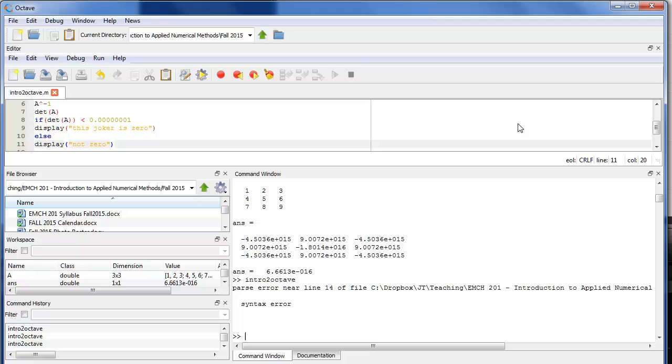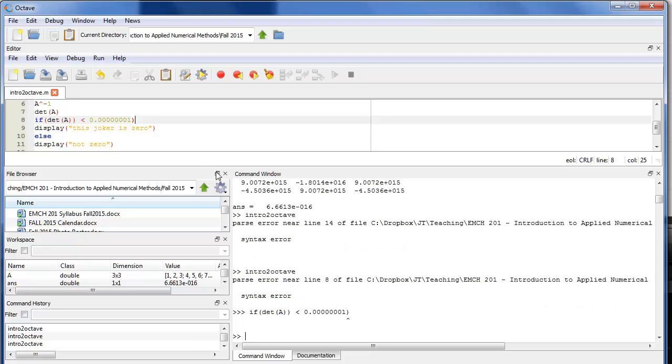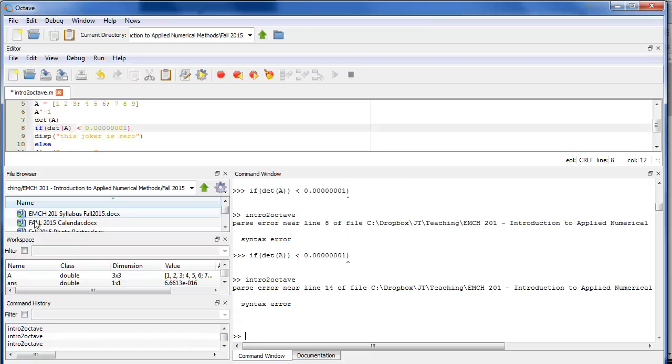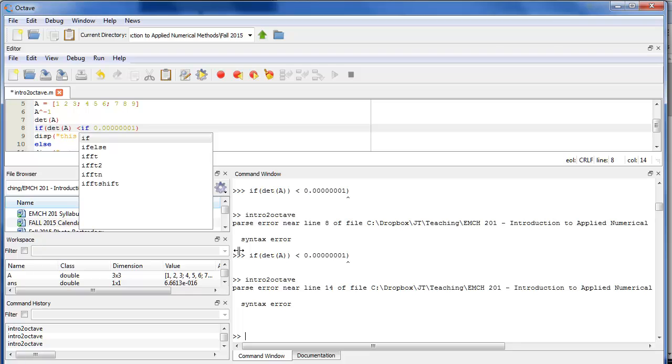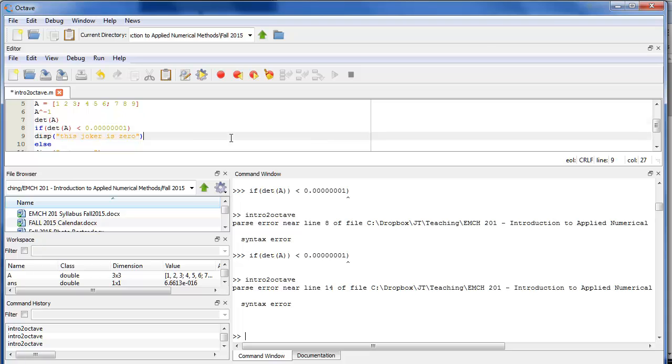All right, so we run that. Now we got a syntax error. Okay, so syntax errors. Okay, I need a parenthesis there. So, close quote here. So let's run that again. So it ran, and let's see here. Maybe it's this display. We don't know what that means. It'll work, but for whatever reason it's not working. Let's see if this works. So in MATLAB,